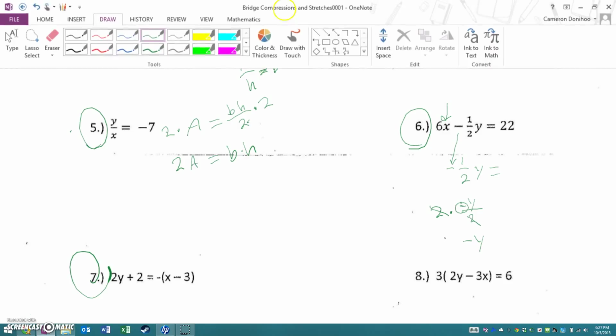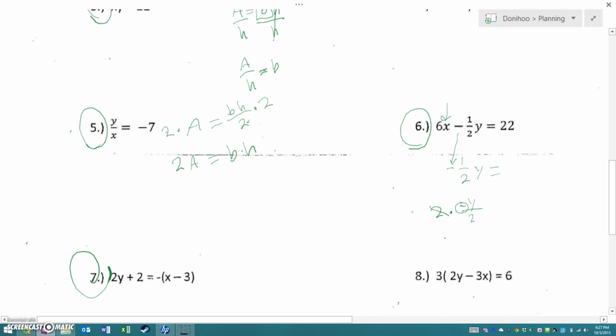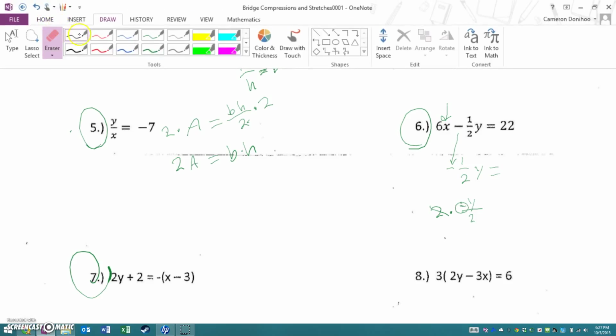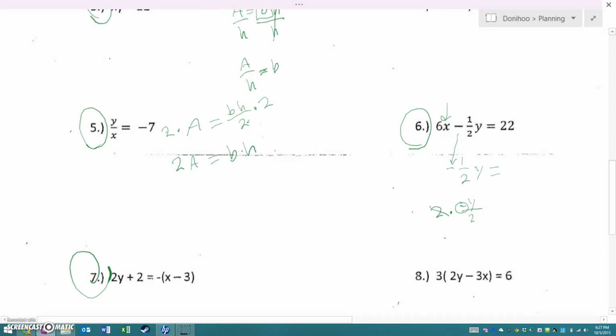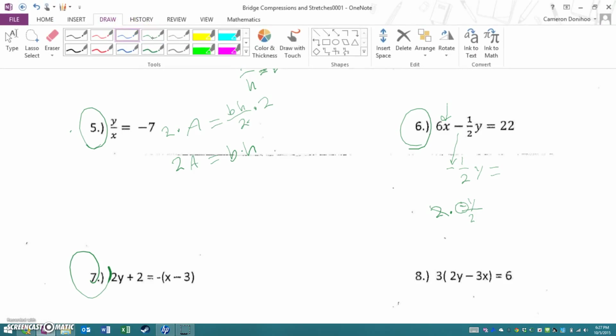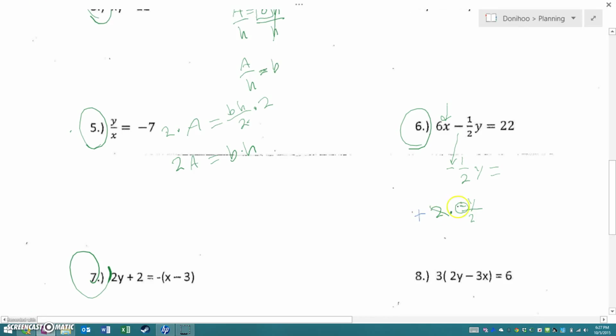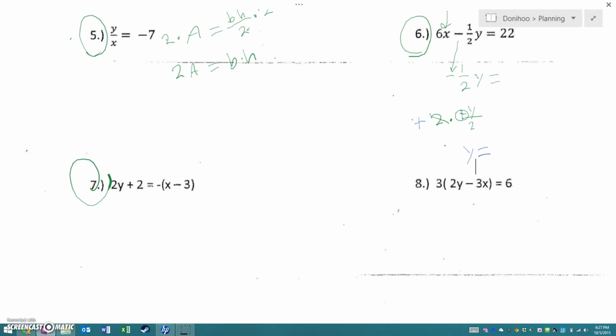What you're being asked to solve for is y. So what you're going to do instead is put that negative onto there, and negative cancels negative. That's positive now. Okay, then you would just have y equals after that. Number 7,